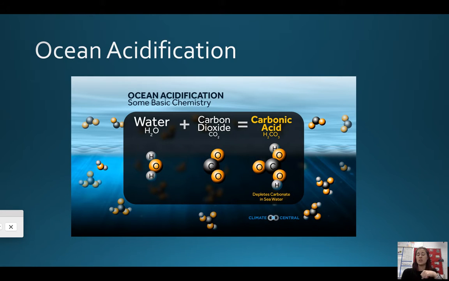Ocean acidification, which I mentioned on the coral bleaching slide, happens when water and carbon dioxide meet and they bond, and it creates carbonic acid. And so this depletes the carbonate in the seawater, and carbonate is what organisms need to create shells, and crustaceans need to make their exoskeleton. And so when this is depleted, not only can it cause coral bleaching because it causes harm to the zooxanthellae, but it can also cause a reduction in the shells of organisms that have shells, and can make conditions more favorable for some organisms than for others, and so thus can change the food web in the ecosystem.